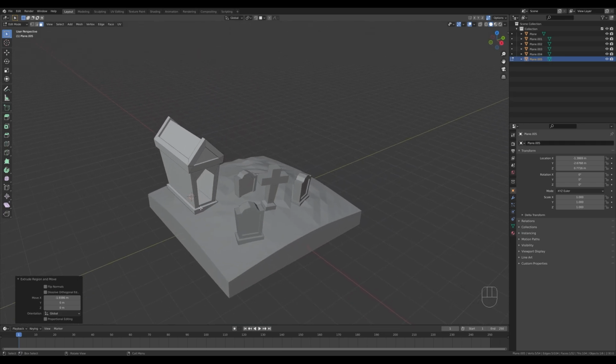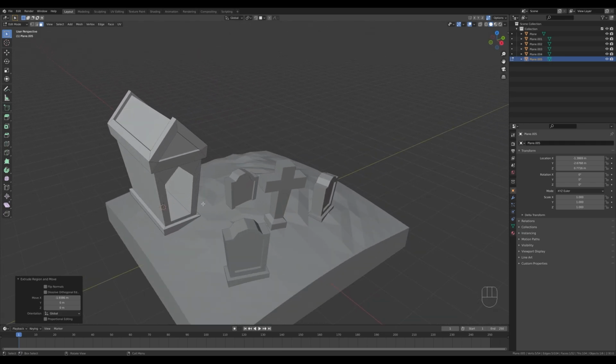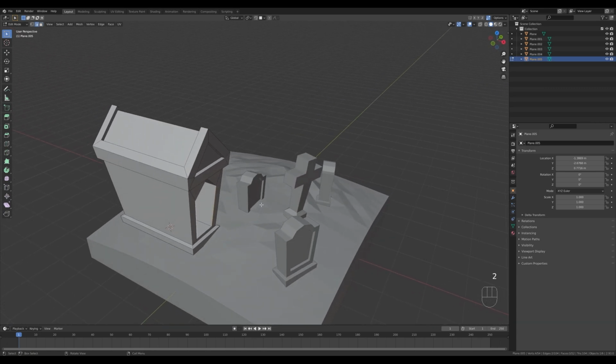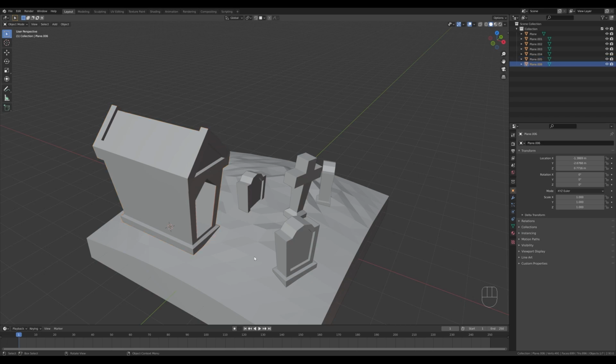So that'll be our little mausoleum. I think the door would look great here. So let's select these two edges and let's press Shift D to duplicate them, right click to release them in place, and additionally we can press P and enter to separate the selection into a new object. So now we can tab out, select the separated edges in a new object, tab back in, and let's press